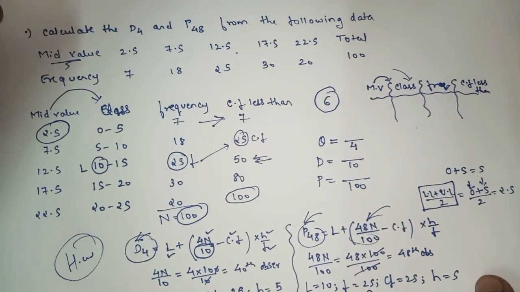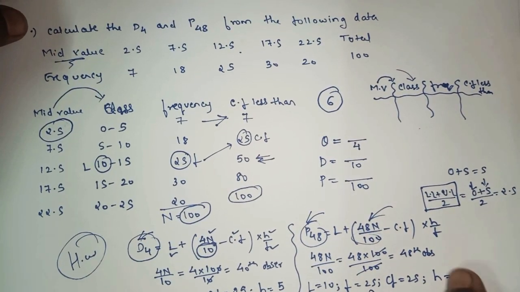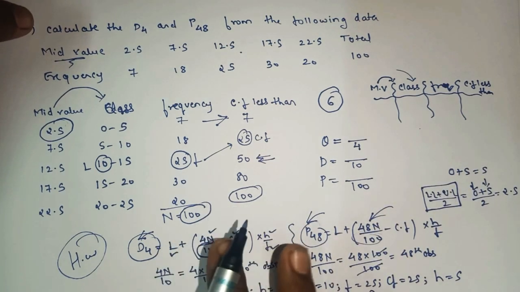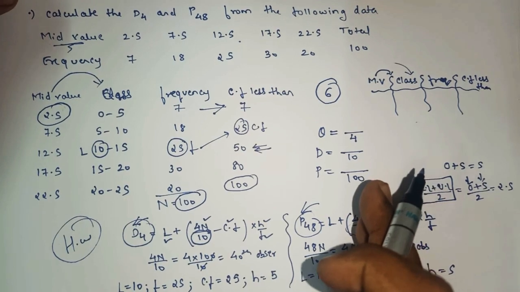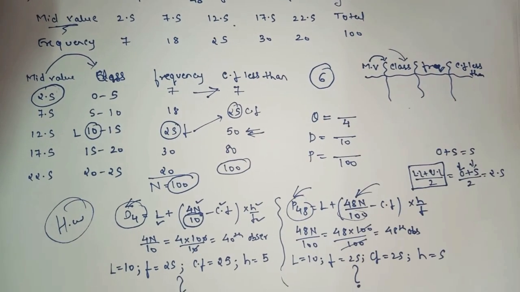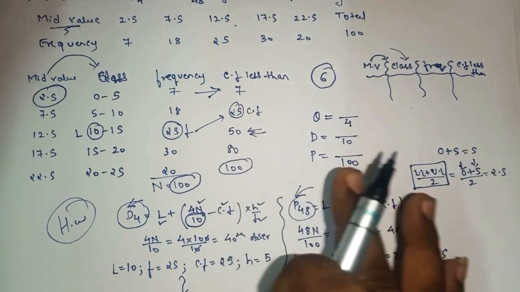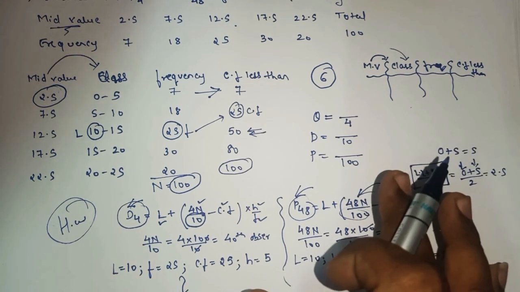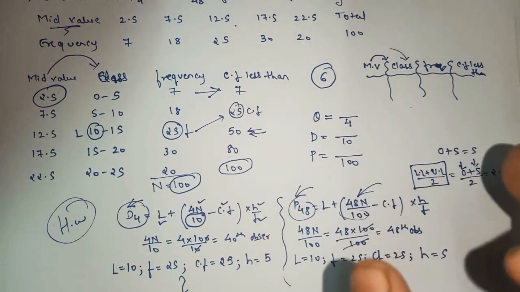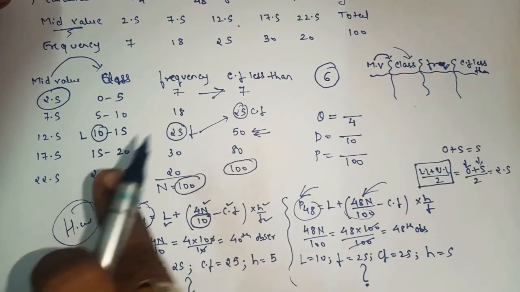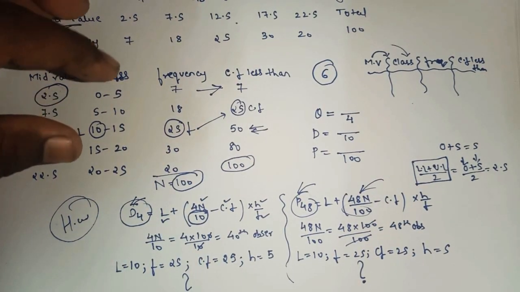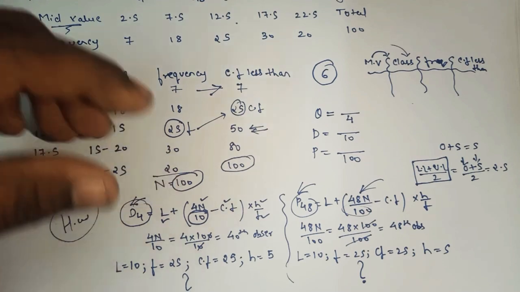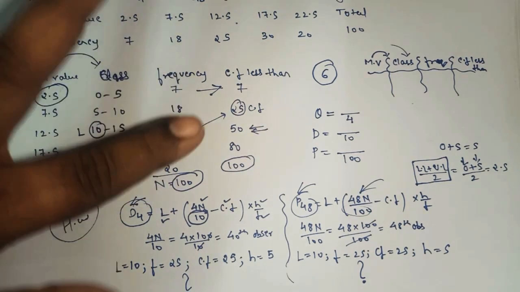Okay, the remaining sums, we are left with hardly 2-3 sums from exercise 1.2 now. I guess the sum is based on finding the missing frequency, as we saw the missing frequency sum in quartiles. So here also we have the missing frequency, but with respect to deciles and percentile. In that sum you have to find the missing frequency where deciles and percentile will be given.